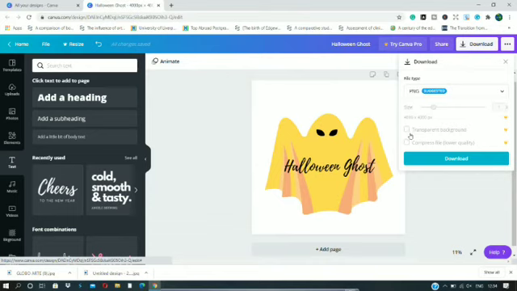Apart from that, the second option is using a website, that is remove.bg. That's a background remover. That's a free website. You can go for it and remove the background in that as well. The third option is Photoshop. If you are a person who uses Photoshop, then you can use the magic wand tool of Photoshop and create a transparent PNG background in that. So these are basically the three different options for turning this design into a transparent PNG format.